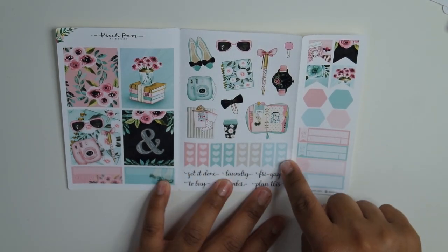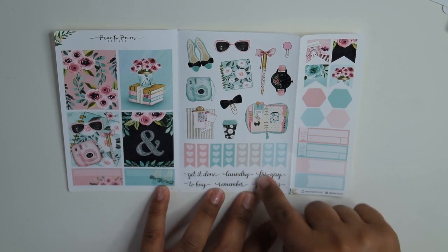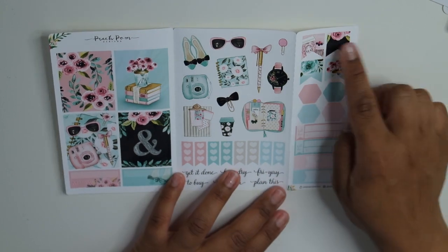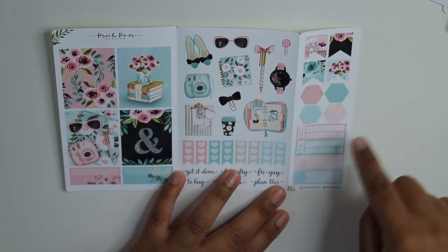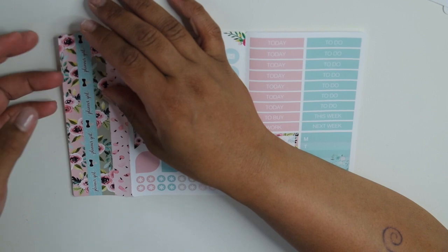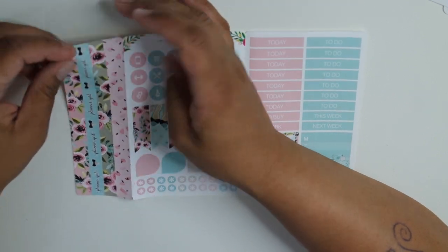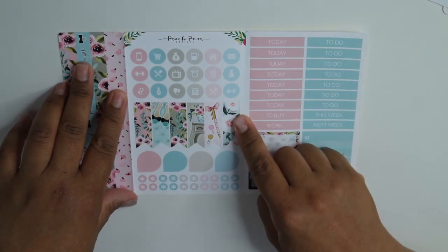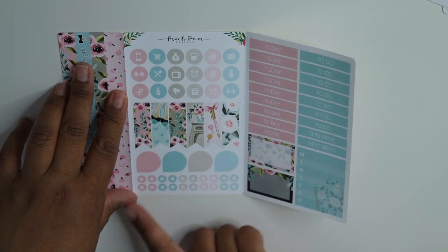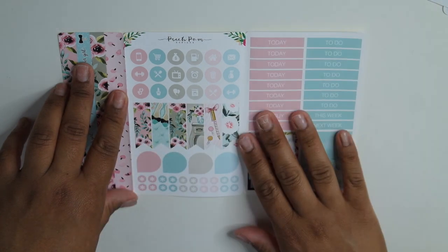I have several 3 heart checklists, then a couple of words here, which again, the lettering is gorgeous. A couple of little flags, some hexagons, bill dues, and some flags there. So that kind of bends over that way. And then moving on to the next sheet here, I have the strips of washi strips, and then you have some icons, some very beautifully illustrated flags there, some kind of drops there, so they just kind of go to the side a little bit,